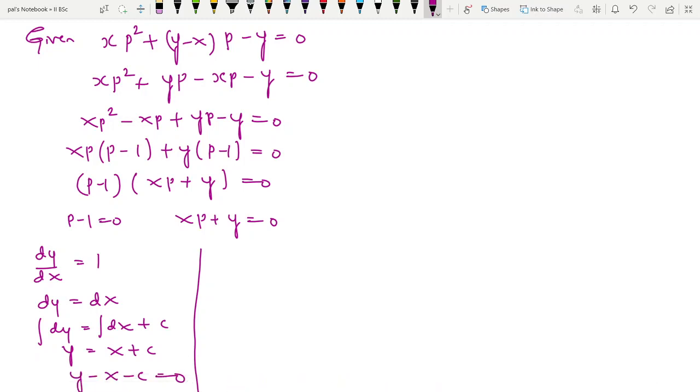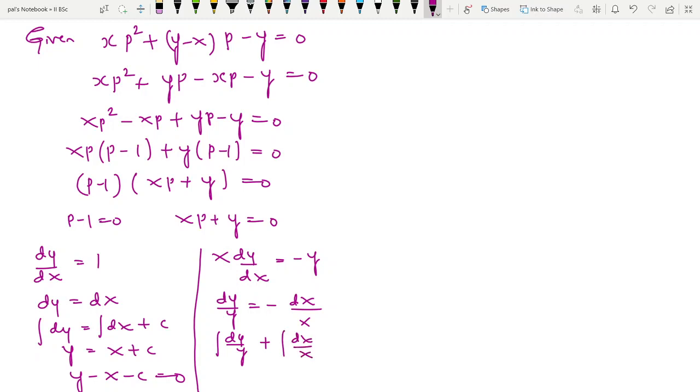Again here you write it is x into dy by dx is equal to, take the y to right hand side, then it becomes minus 1. Now we can solve this by using variable separable method. Here you write the coefficient of dx is a function of x, the coefficient of dy is a function of y. Here you write dy by y, take this y to left hand side, which is equal to minus, take this dx, cross multiplication by x here. Integrating this, integration of dy by y plus integration